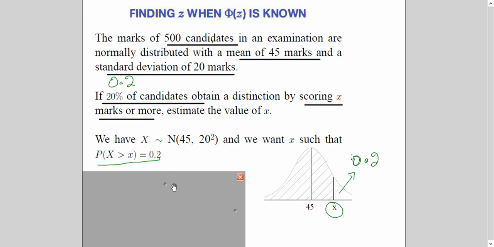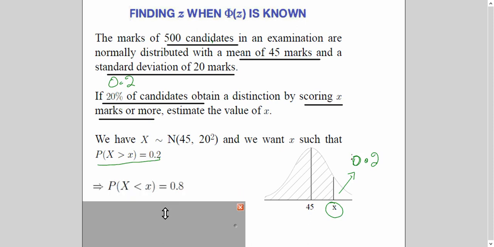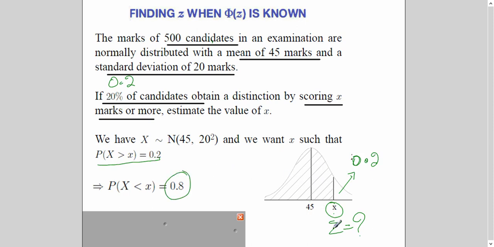We cannot do this without using the table. So in the table we will first find this Z value, and then we will use the formula to change it into X. So why did we write the question in this form? The reason is the table reads the area to the left hand side of Z. So if I'm interested in this value, of course, the right hand side area will be equal to 1 minus the left hand side area. So this is no issue at all. We will use this probability to get this Z value.